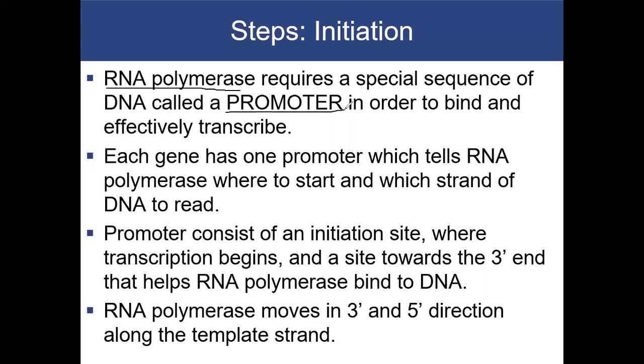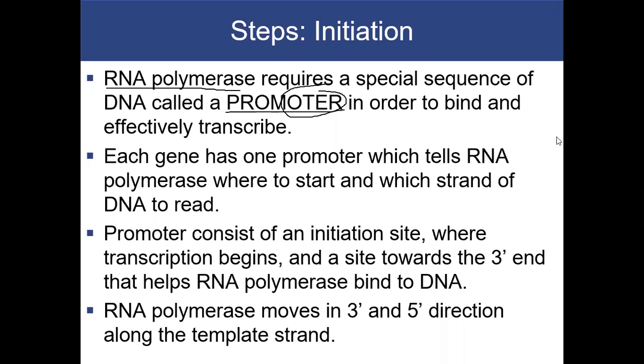Each gene has one promoter, and the promoter is what tells the polymerase where to start and which strand is the template strand. The recognition sequence will tell the polymerase all of these things, right? The promoter has an initiation site, and this is the site where transcription will begin. And as you know by now, polymerases move in the 3' to 5' direction